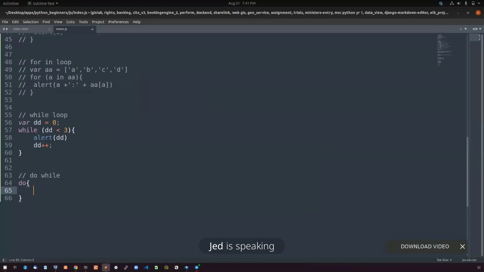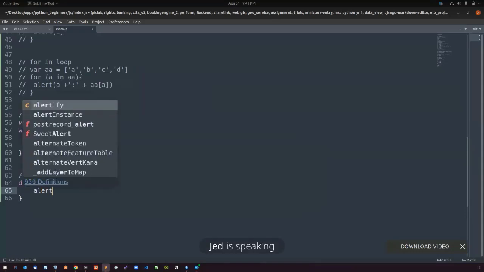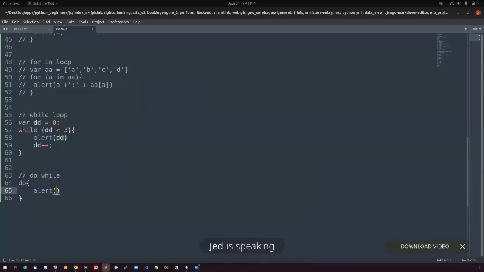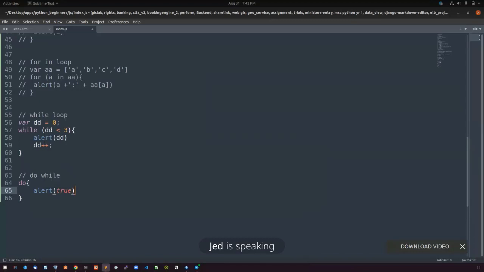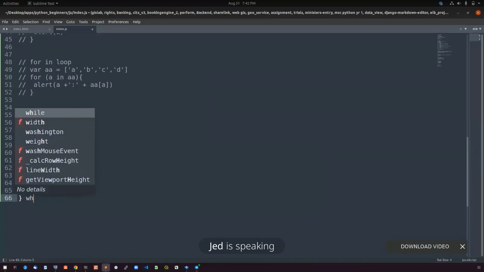So let's just say, let's alert. Let's use more of the alerts that the document would write. It should alert us with the value true just once, and it should alert us with the value true while